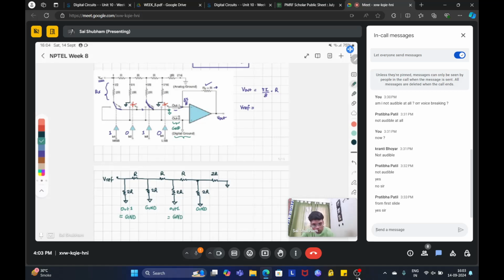Had your out 2 been supposed to be 10 millivolt, your out 1 will also be 10 millivolt. It would not be ground anymore. Okay. So now the current I over here,